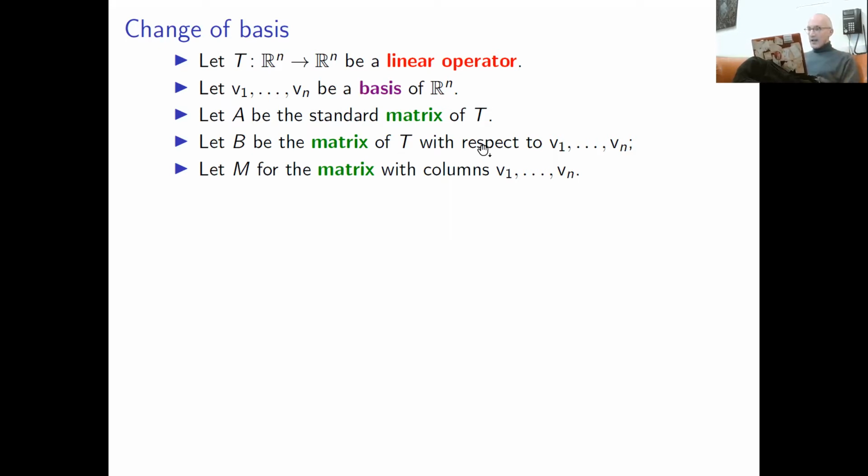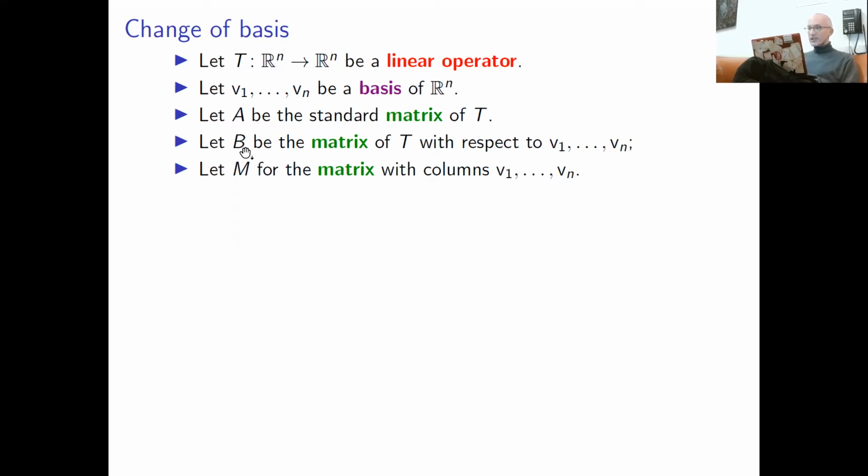Okay, but now we can also define a second matrix using the basis v1, v2, vn. The precise definition was given in the previous lecture. Here it is denoted by B. So B is the matrix of T with respect to vectors v1, v2 up to vn. So we have these two matrices for one linear operator, and you can ask how they are related. This question is answered by the theorem we discussed in the previous lecture.